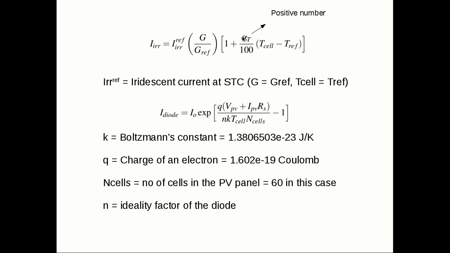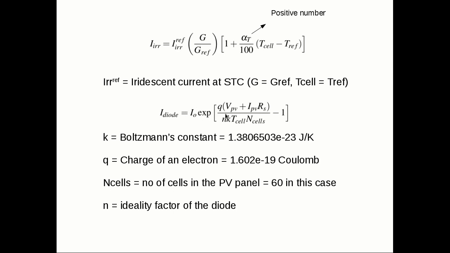So since alpha T is positive, as temperature increases, this irradiance current will actually increase. Then the next part is the diode. Now this diode is simply solid state physics. If you want to know, just go and look up how a diode works. I won't go into that much detail here, but simply a few basics: I naught is the